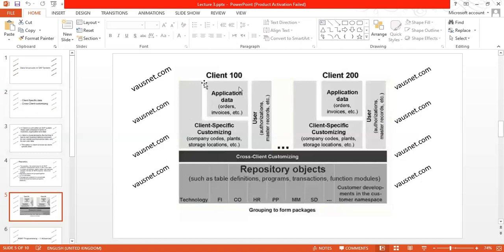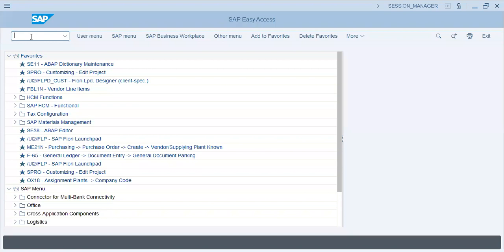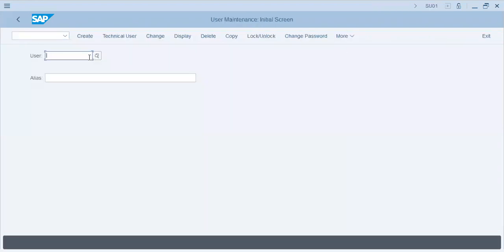And every client can have some specific customizing configuration for company codes, plants, store locations, distribution centers, and so on. And every client will have a separate set of user logins, authorizations, and so on. And what do I mean by that? I mean, I go to SU01, change